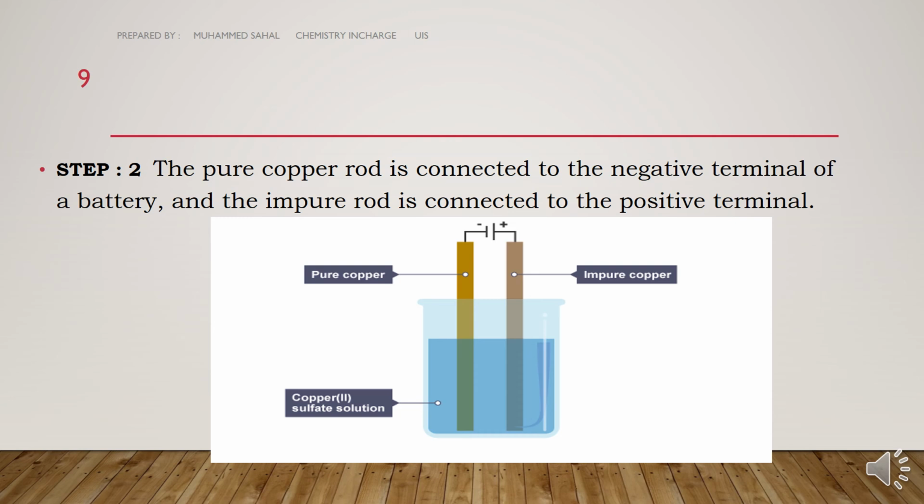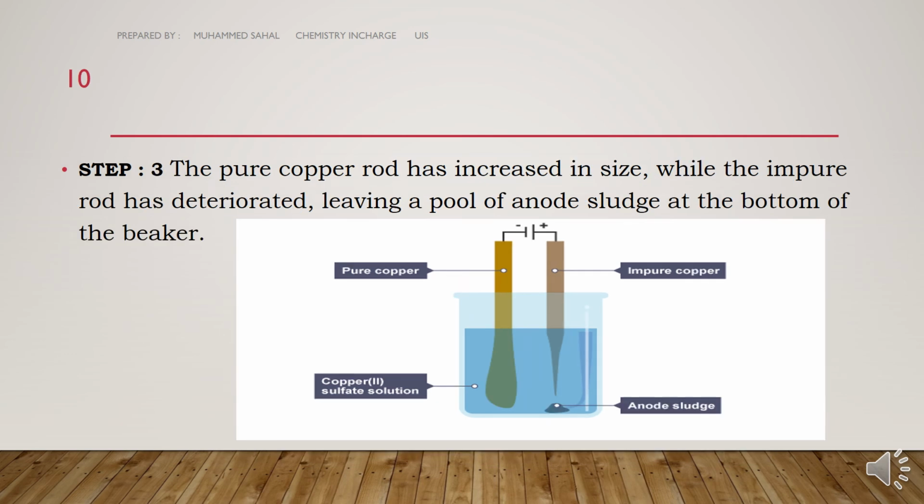In the third stage, when the current flows, the copper moves from the impure anode to the pure cathode. Any impurities fall to the bottom of the cell and collect below the anode in the form of a slime. This impurity deposited below the anode is known as anode mud or anode sludge. This anode mud is rich in precious metals, and the recovery of these metals is an important aspect of the economics of the process.